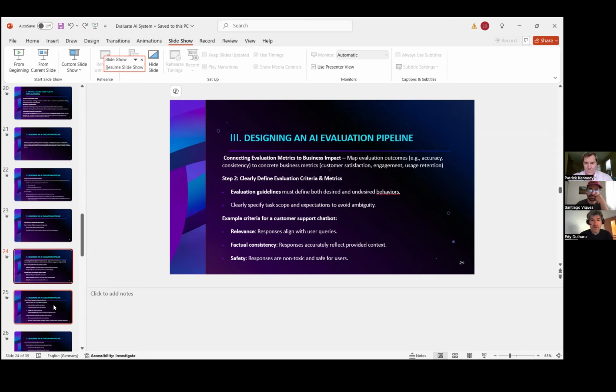Like, for example, to say the performance or the quality of the model was measured with a certain number, and this number, let's say 8 out of 10, is mapped to 5 new customers. It's a very powerful idea to be able to correlate business metrics like new customers, how much money was saved, or how many hours were saved, with a certain metric of the system.